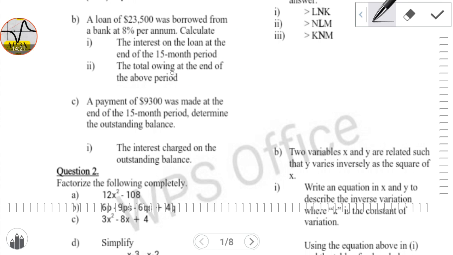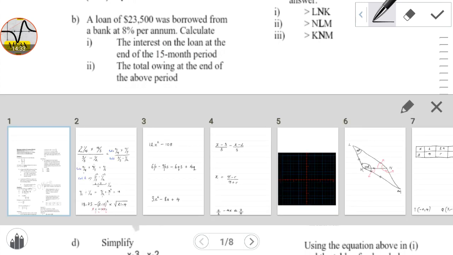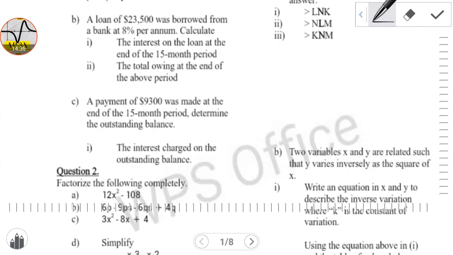If you get a worded problem and it doesn't specifically say compound interest or anything about compound, then you're going to be using the simple interest formula, which is SI equals principal multiplied by time multiplied by rate, divided by 100. The principal would have been the amount that you borrow or you invest, which in this case is